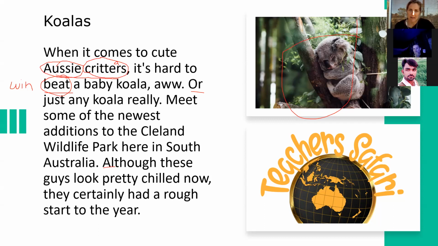The reason it's hard to beat is because it is so cute. So this person is saying, out of all the animals in the world, this animal is the cutest animal in the world. It's hard to beat this animal. It's hard to win. Any other animal can't win. This is the cutest. Oh, yes, I understand now. This is a comparison word. Yes, yes, very difficult. Okay, very difficult.